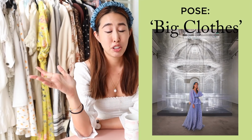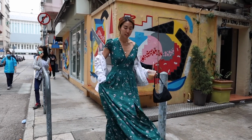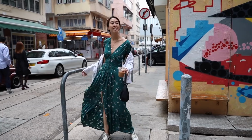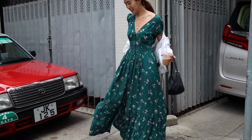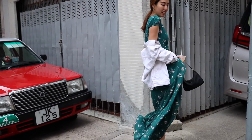Okay, number 9 is always find clothes that fill up the space. You want to know why Instagram is full of girls flitting around in ball gowns and big dresses? It's because these pieces of clothing help fill up the space, and the whole goal of a photo is to fill up that space with something. Either it's your body, a prop, or it's with your pose. But if you're not very good at doing those fashion poses, it's great to wear something that's a bit more